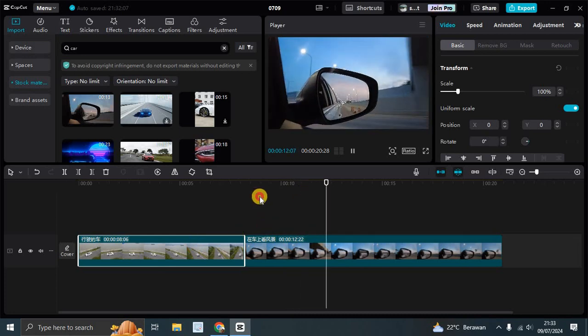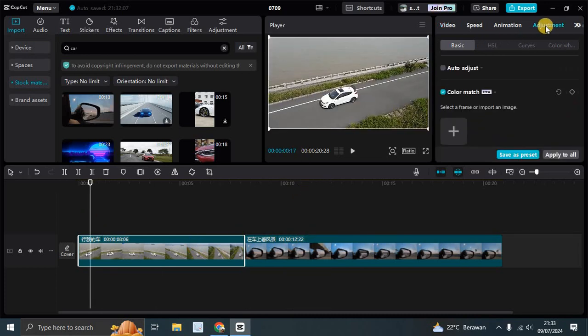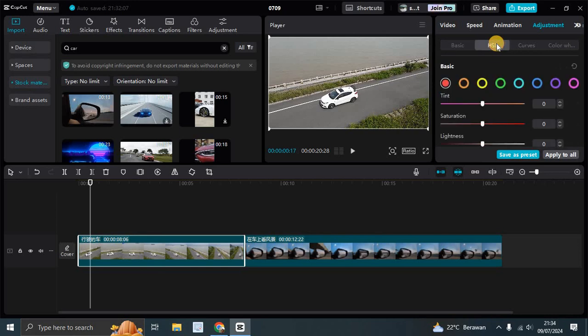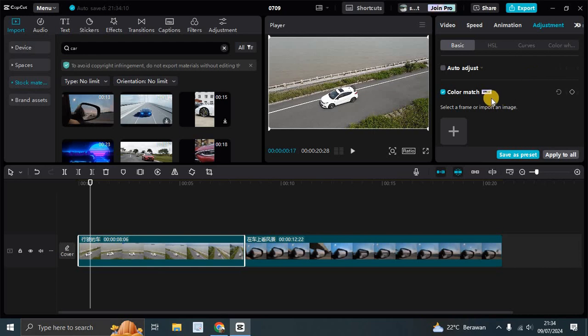So let's start by tapping on the adjustment. Click this adjustment. You can edit this first, the HSL, the color like hue, saturation, lightness here, and after that you can go to the basics and try to search for this color match. So in this color match, as you can see, there is a pro icon here. It means you have to join pro first to enjoy this feature. Let's try. Click on this color match